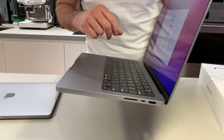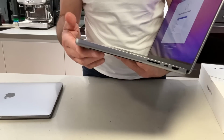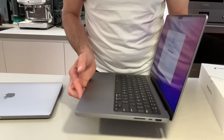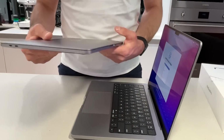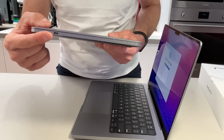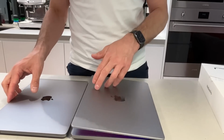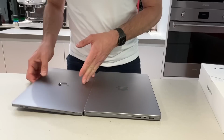Press the return key. The other thing to note is the new shape. The bottom edge is much more curved, and I think they're trying to do that to hide the new increased thickness of the laptop. You'll notice that on the older laptops there is a much sharper, more defined bottom edge to the laptop. This being a thicker machine, you can see that they've tried to...